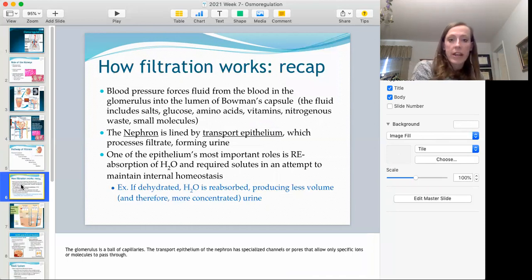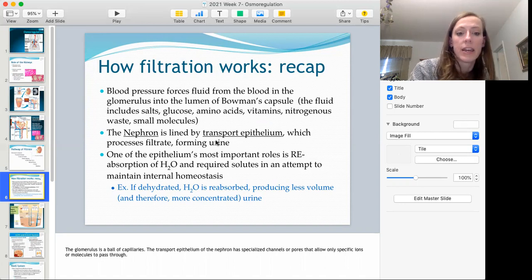This is kind of also just a recap, just spelled out in case you missed anything. Blood pressure is forcing that fluid into the lumen, the space in Bowman's capsule, and this fluid includes all sorts of stuff. Like I said, a lot of that we actually want back. It's starting to leave the body, but we have to say, wait, we want some of that back. Hang on, which we'll get to. But a lot of that fluid at that point has salts, glucose, amino acids, vitamins, nitrogenous waste products such as urea, other small molecules. Obviously included in the salts is sodium, chloride, potassium,